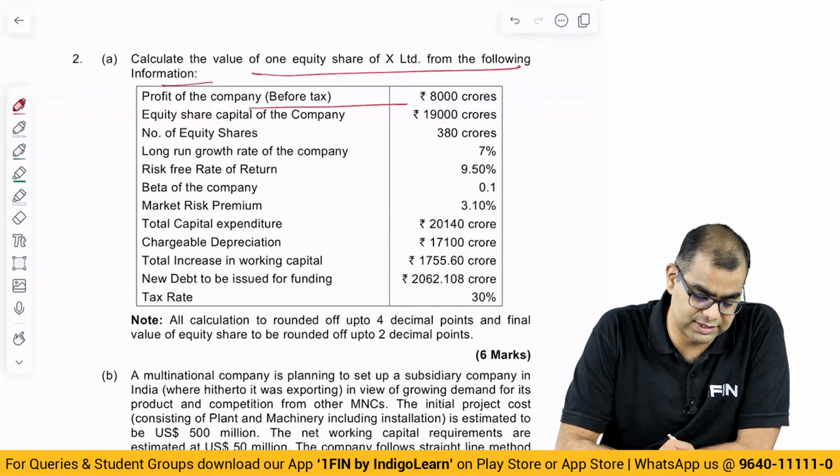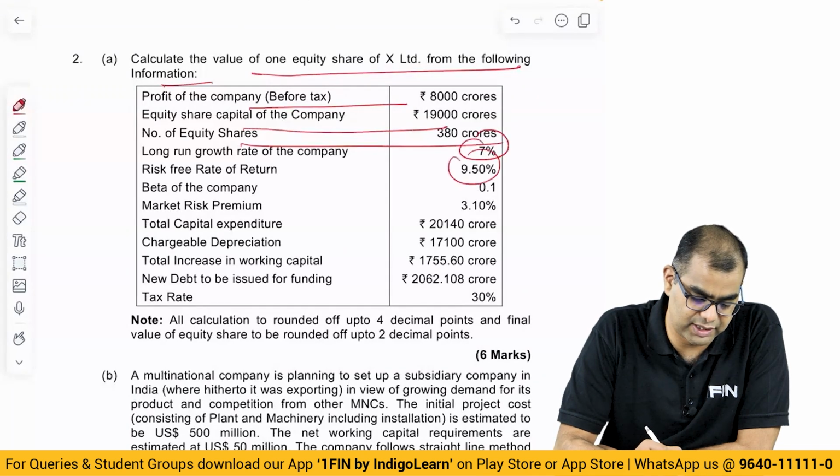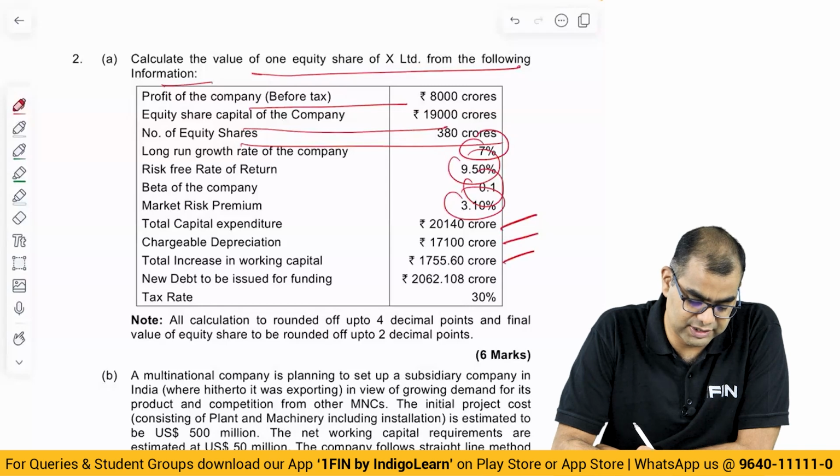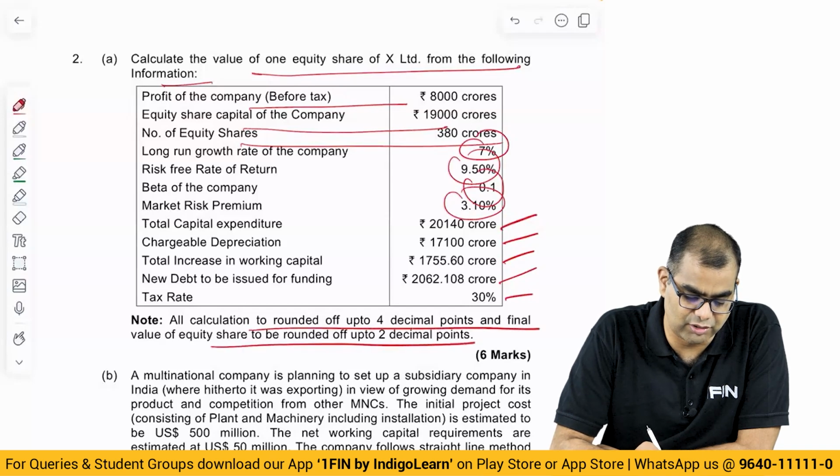Profit of the company before tax is 8,000 crores, equity share capital 19,000, number of shares is 380 crores, long-term growth rate is 7%, risk-free rate is 9.5, beta is 0.1, market risk premium 3.1, total capex 20,000 crores, chargeable depreciation 17,000 crores, increase in working capital is 1,700 crores, new debt issue is 2,000 crores, tax rate is 30%. All calculation to be rounded off to 4 decimal and final value of equity should be rounded off to 2